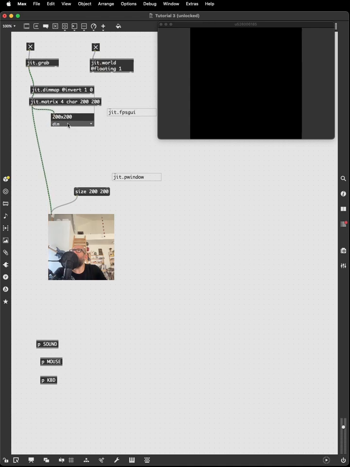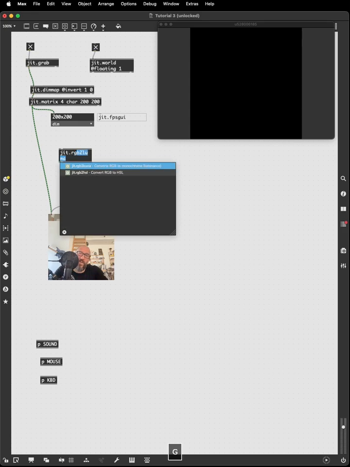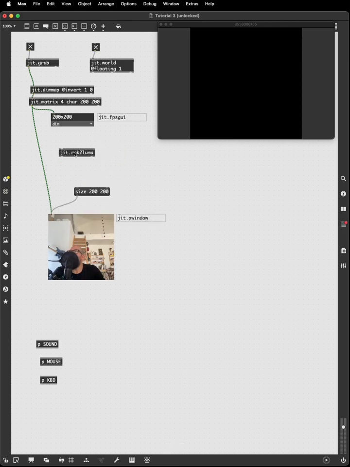So compact this. And then there's one other step to prep this image for putting it into the computer vision algorithms, and that is to take it down to black and white. There's an object for that, jit.rgb2luma. Red, green, blue, meaning full color, to luma, meaning just the luminosity information, or just the brightness information, or black and white. So now we have a black and white image,